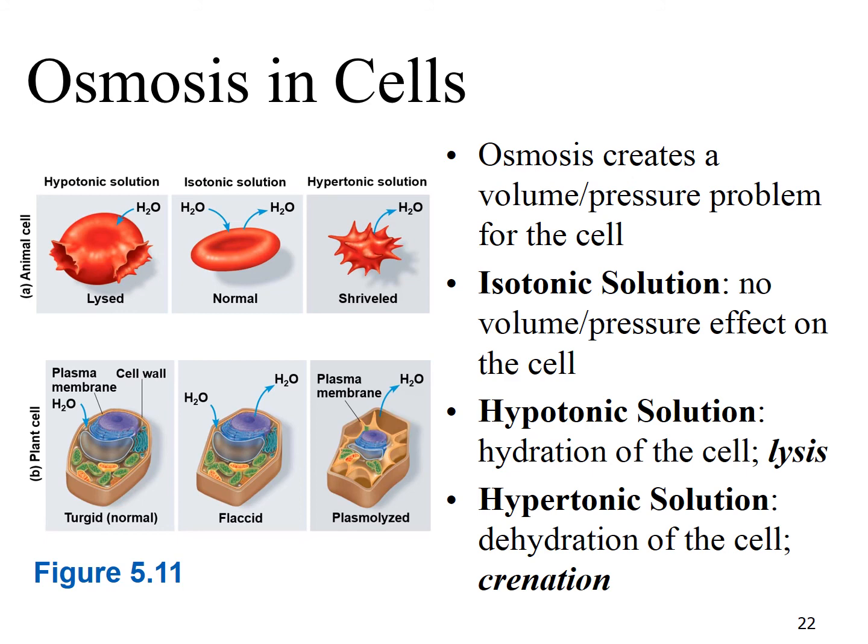The other prefixes are hypo and hyper, which you might be familiar with. Hypo means lower. One really important piece to take away from this is that those prefixes are describing the concentration of the solute in the extracellular fluid. Hypo means lower, and tonic means concentration. So a hypotonic solution means that you have a lower concentration of the solute in the extracellular fluid. If you have a lower concentration of the solute, that means you have a higher concentration of the